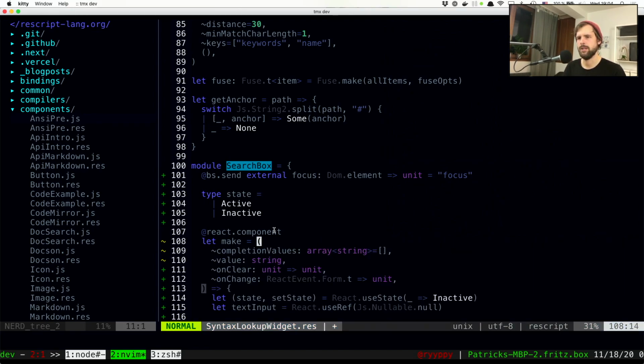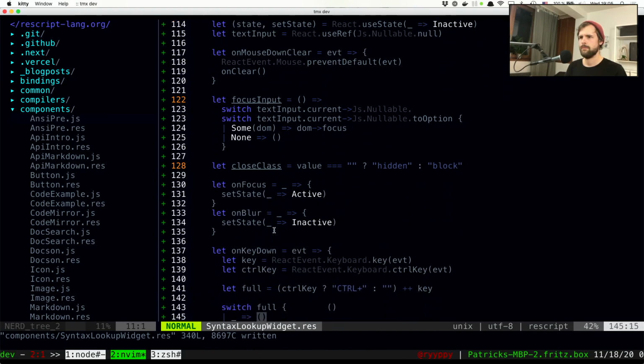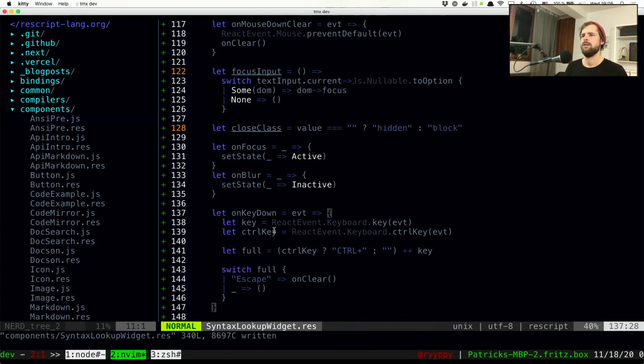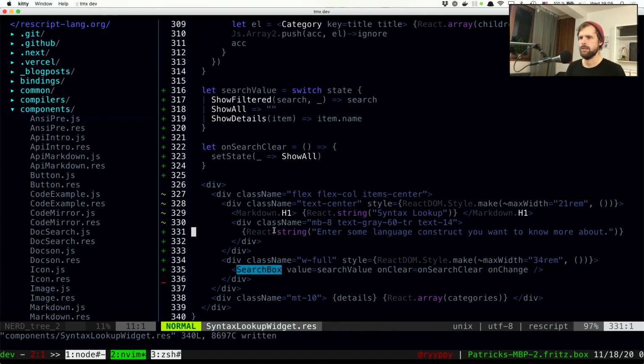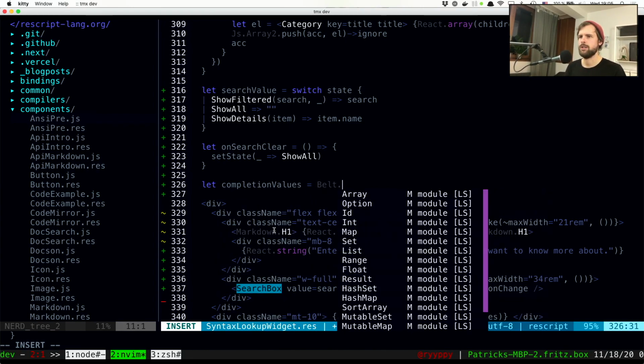No, which is an empty array. And then we have a set of possible values. We can pass that down. Completion values, which gets derived from our